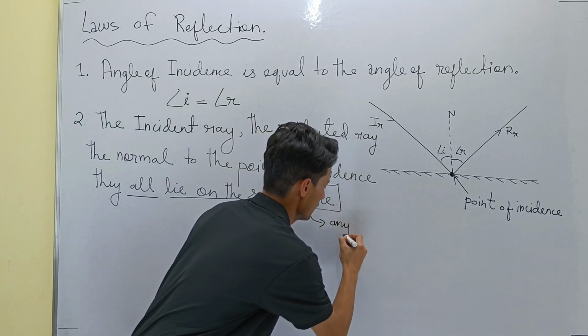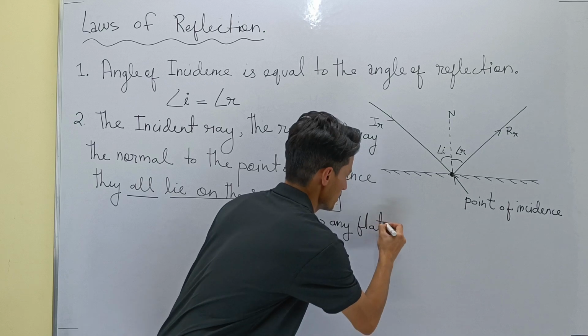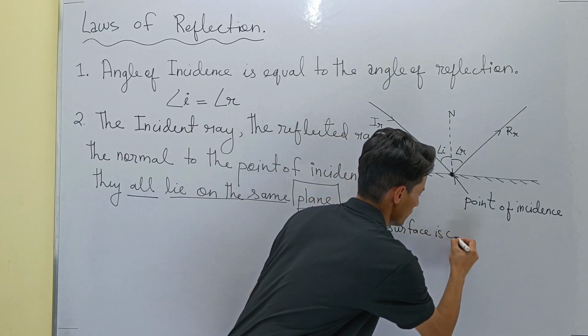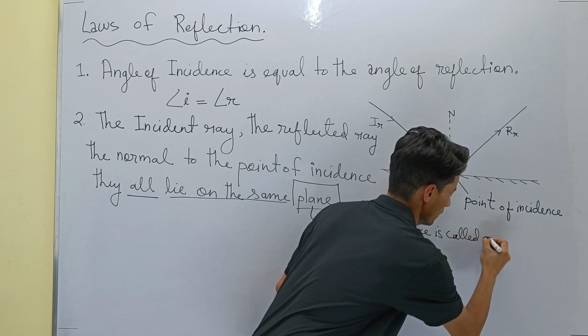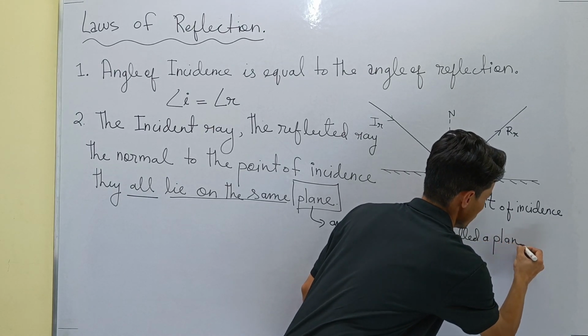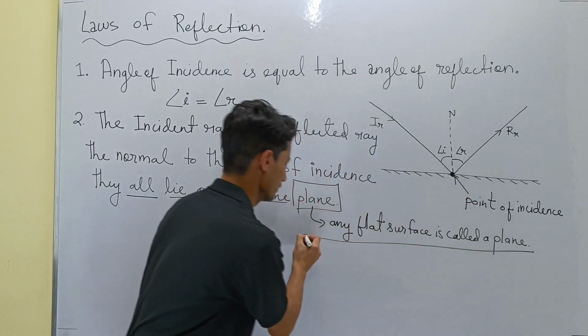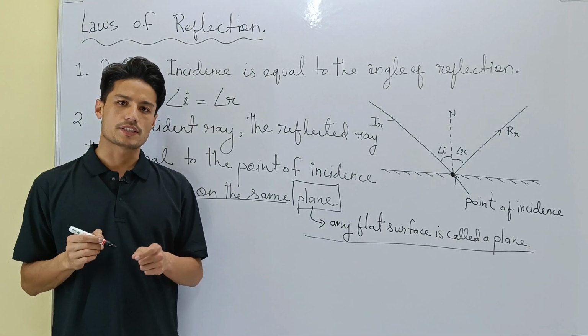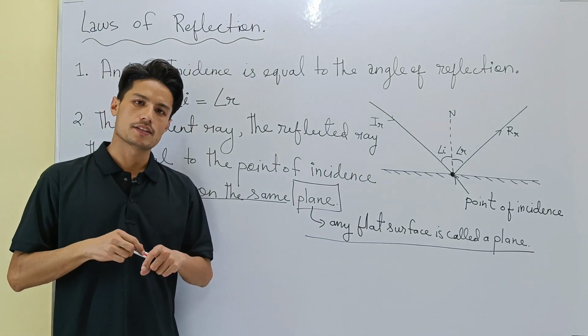Any flat surface is called a plane. How simple is that? What is a plane? A plane is any flat surface. Any flat surface is called a plane. So,